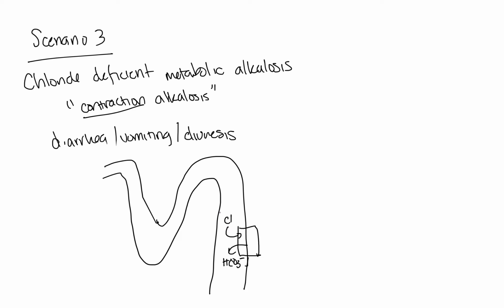This hypochloremia leads to an inhibition to then reabsorb chloride because there's not much being filtered into the renal tubule. If you can't absorb chloride, then you can't start to clear your bicarbonate. And so bicarbonate starts to increase in the blood, and you get